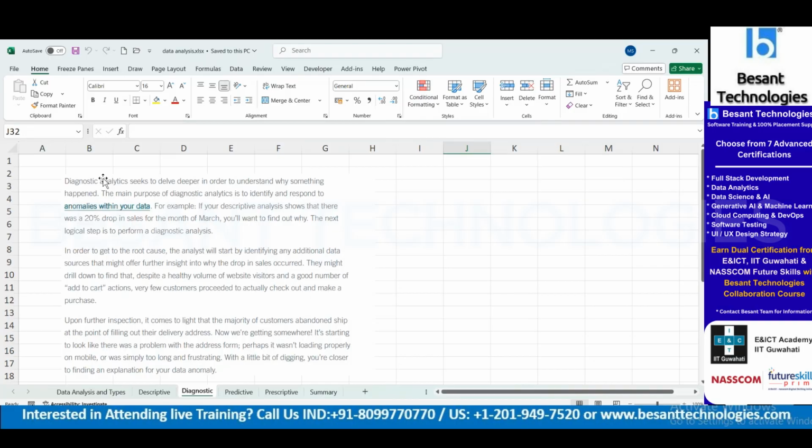Okay, here the example says, for example, if your descriptive analysis shows that there has been a 20% drop in sales for the month of March, you will have to find out why. The next logical step is to perform a diagnostic analysis. Of course, nothing but root cause. You just have to go to the root cause. Now, here, the example, the reasoning that we have given as an example, the reason behind the 20% drop is,